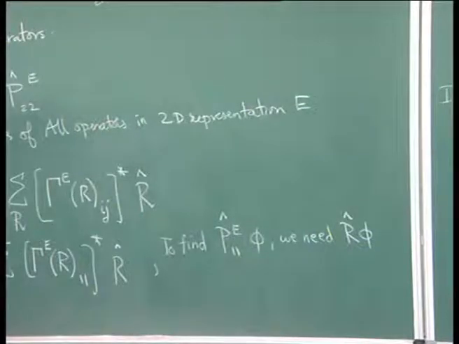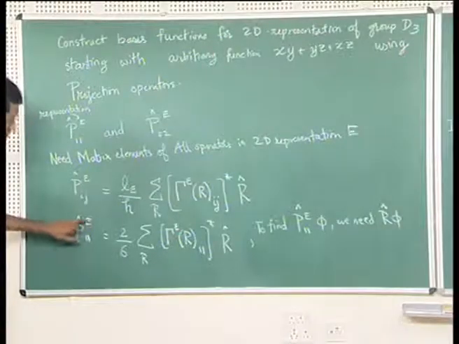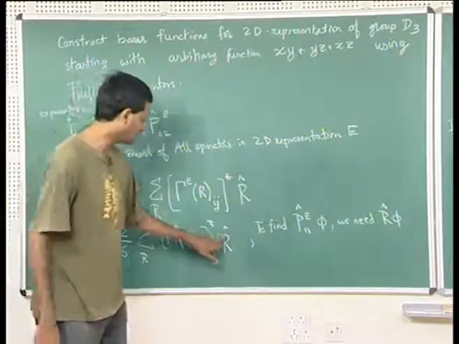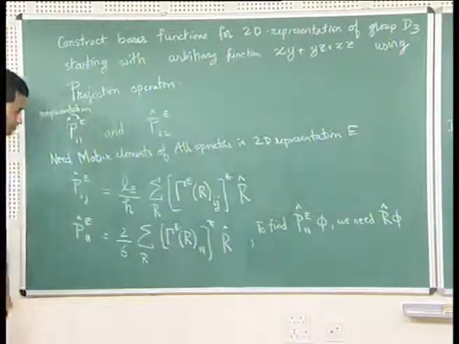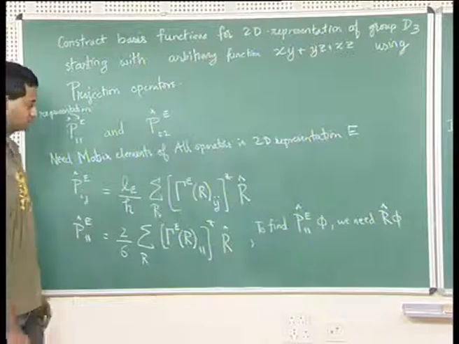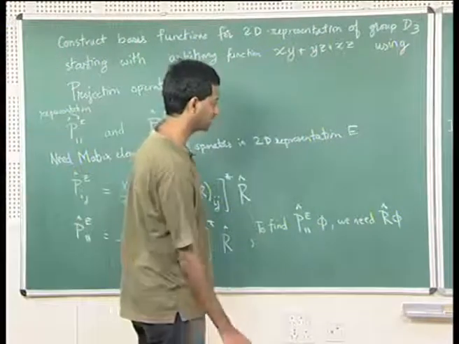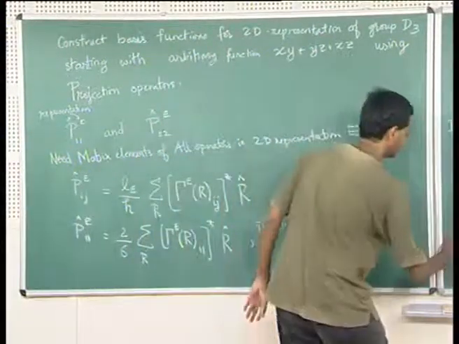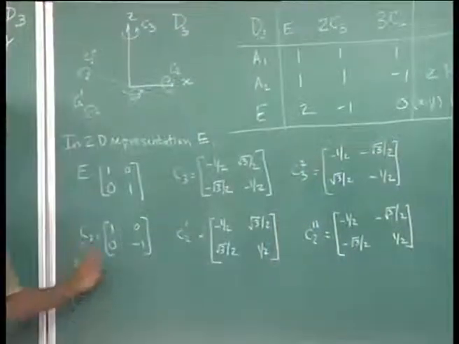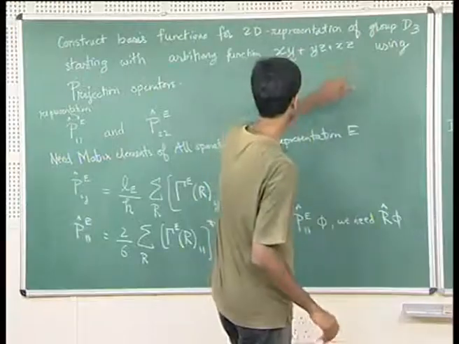So if you want to know how PE acts on any function, you need to know how R acts on any function. So we have to say what is E acting on the function xy